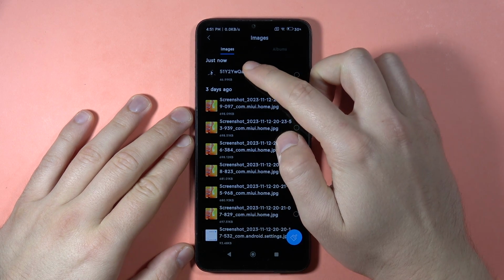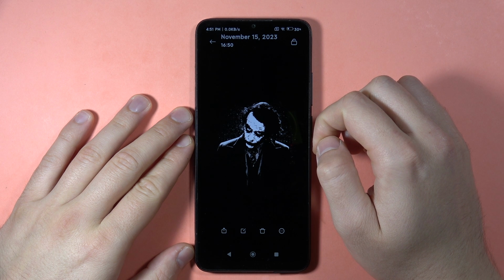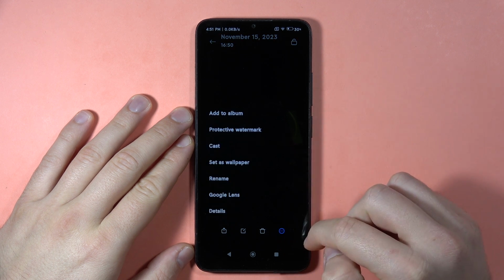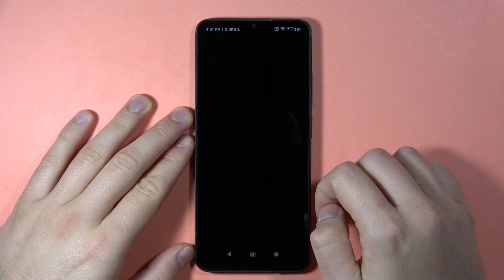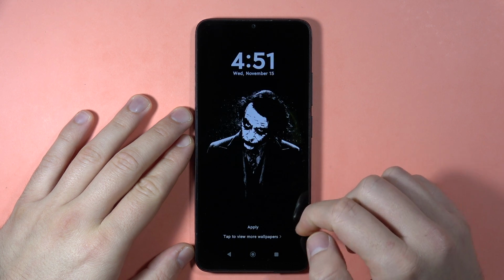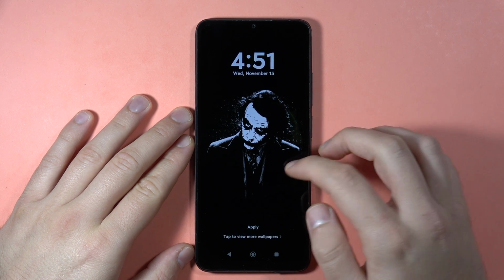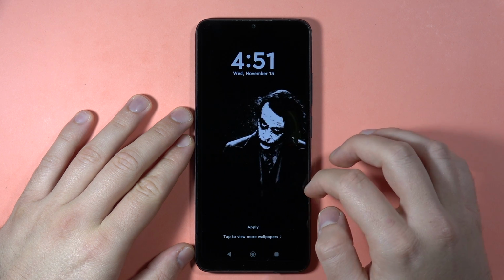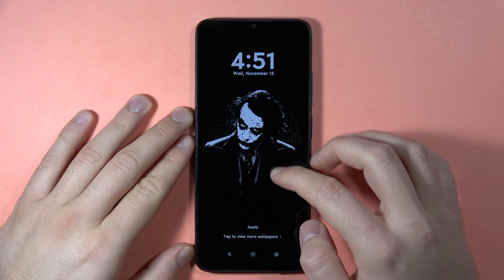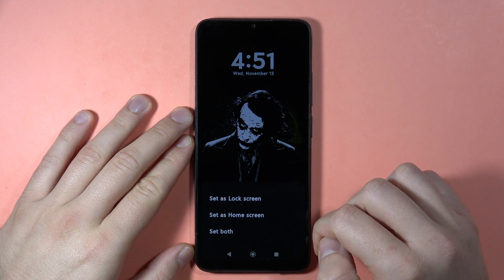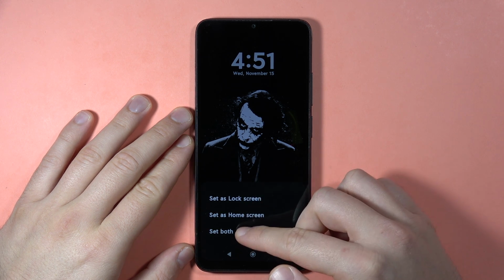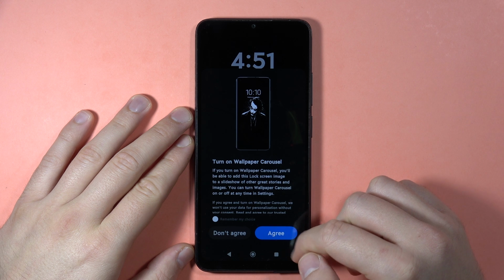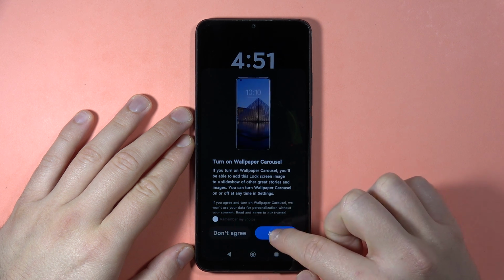But let's say that I want to pick, for example, this photo, and I have to click on the three dots and I have to click to set as a wallpaper. And now that's actually the preview of the wallpaper. We can also resize a little bit. I'm gonna put it like this, click apply, and here select to the lock screen on the home screen. I'm gonna set it on the both, and right now I click agree,